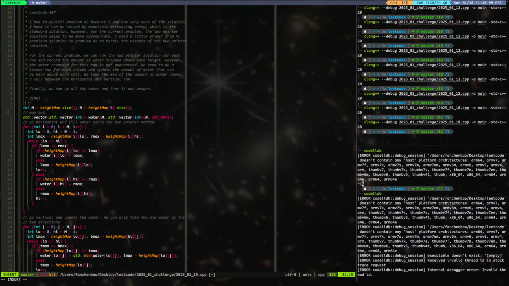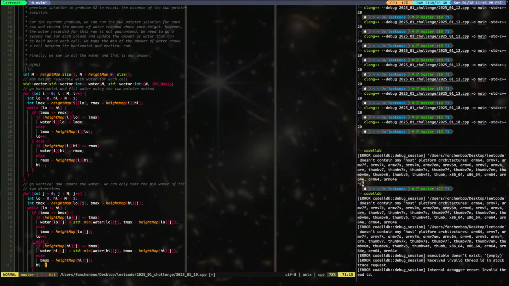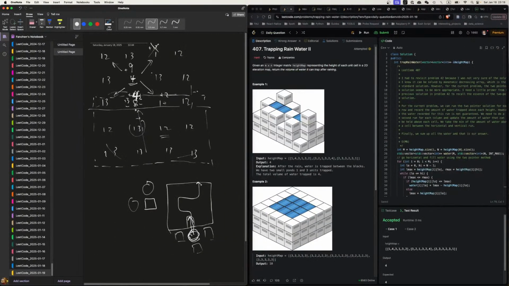Max height of water. Max height reachable with water for each cell. And then we go vertical, right? So basically this will be 13, this will be 12, right? And then you go vertical,